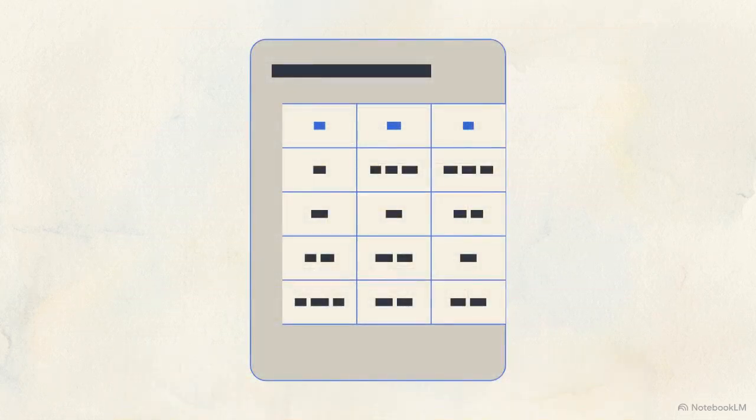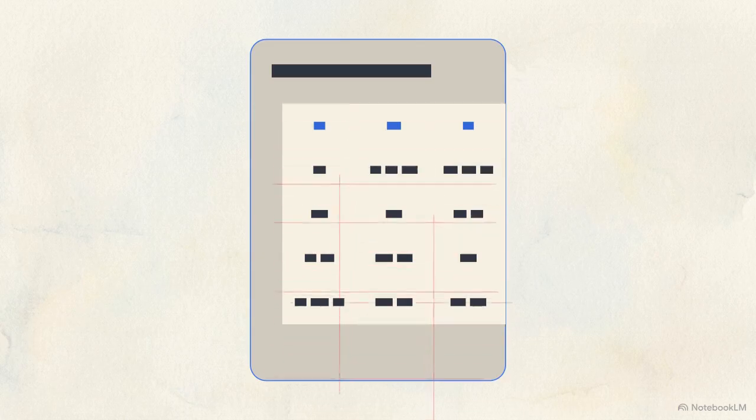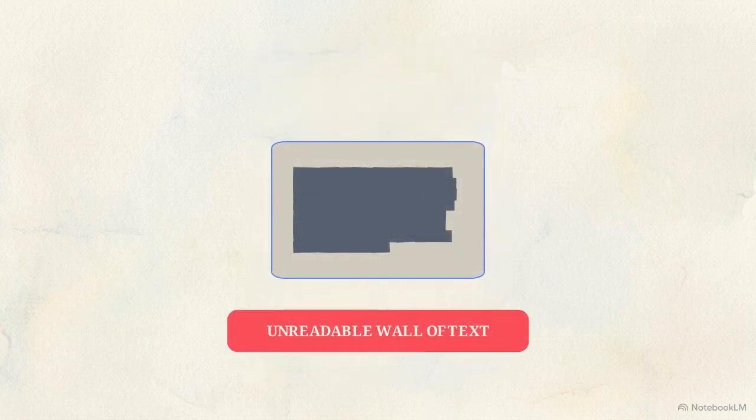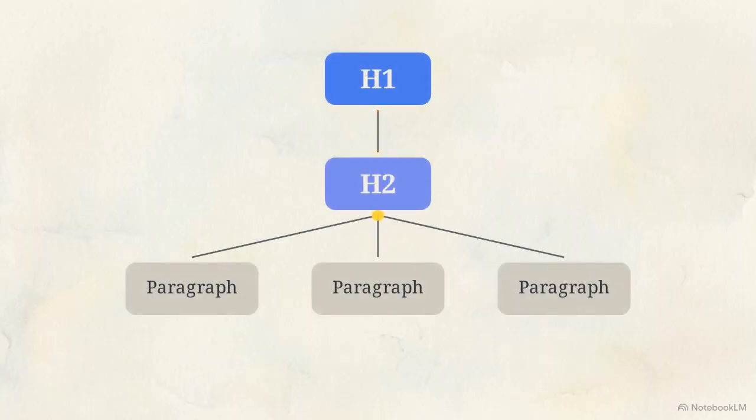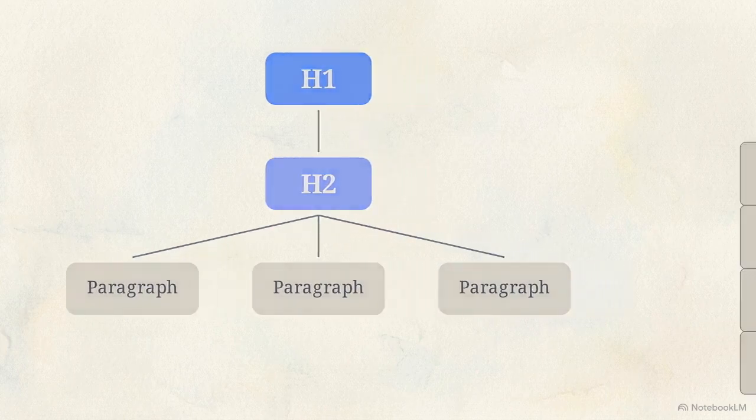That supply chain begins with data extraction. When companies scrape standard PDFs, the process often destroys crucial context, turning complex tables and formatted lists into an unreadable wall of text. Reliability requires data to be formatted in Semantic HTML or Markdown. This preserves the structural hierarchy of headers and lists, allowing the machine to parse how the information is actually organized.